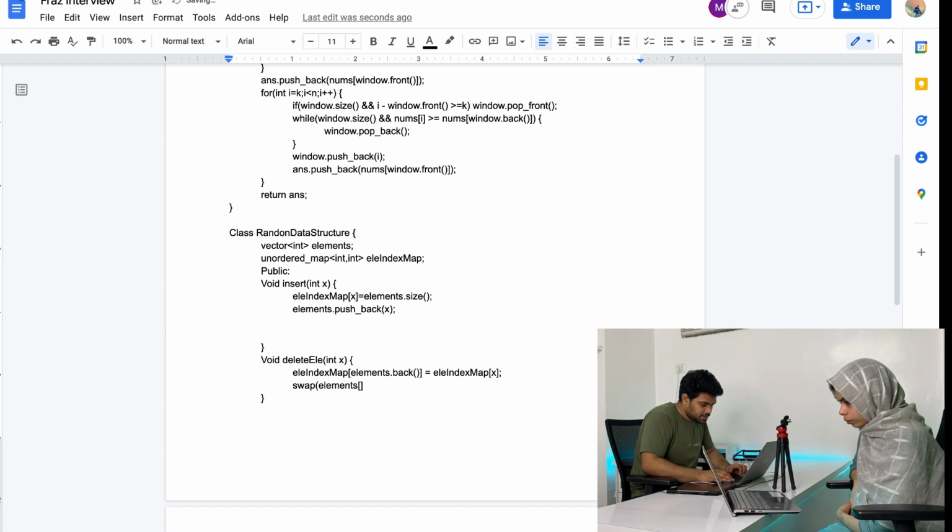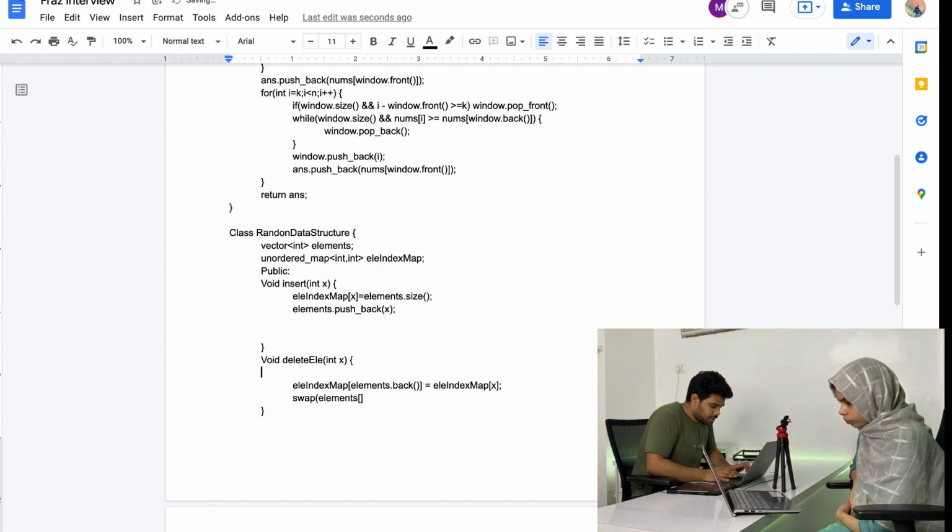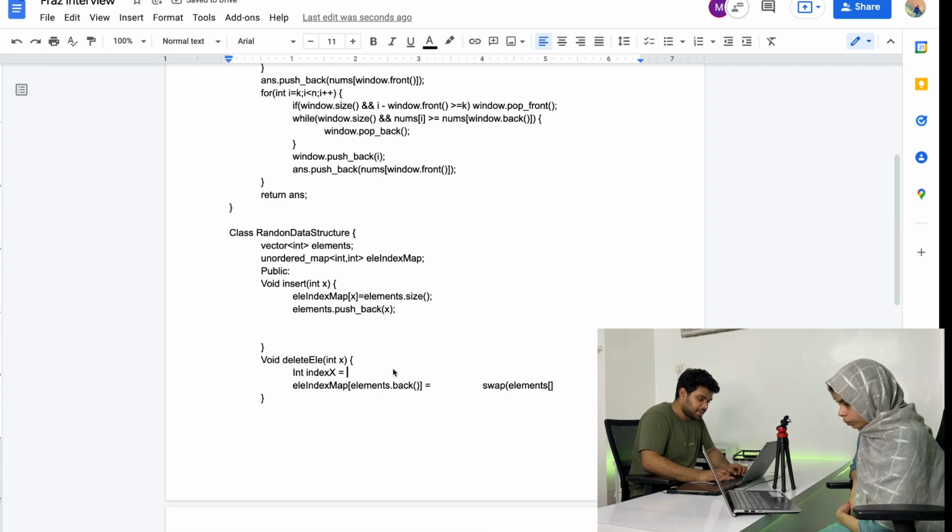Let me take the indices here itself. int index of the element, index x. Index x is equal to this one. We will get the index with the help of the map which we are maintaining.